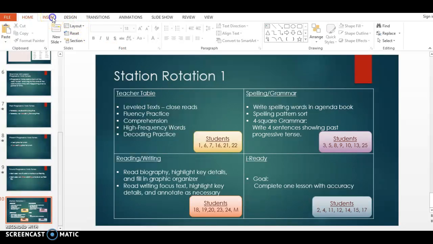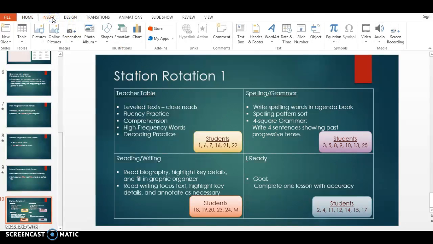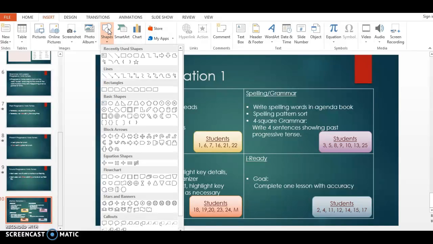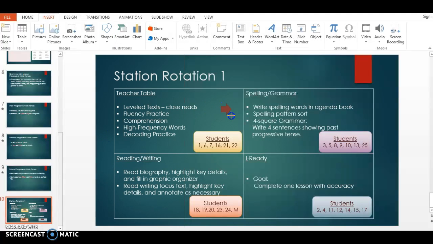And so I also like to help my students to know what station they're going to next. And so that is something that I use to create. In this particular case, I'm going to add, you can use different kinds of arrows. There's just different types of tools for that. Let's say that I want to create some sort of an arrow like this, and I can create something like